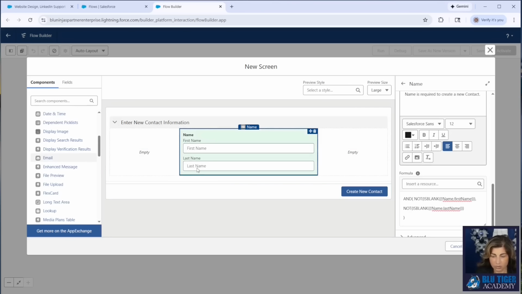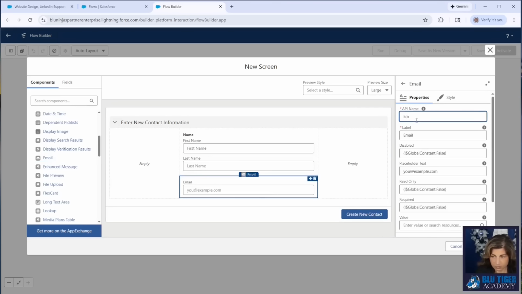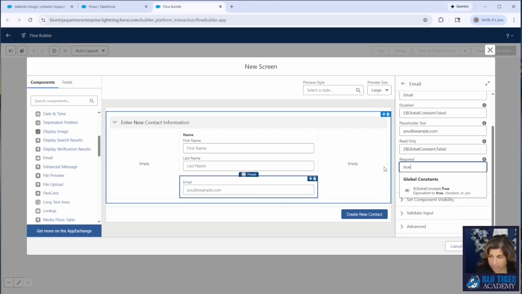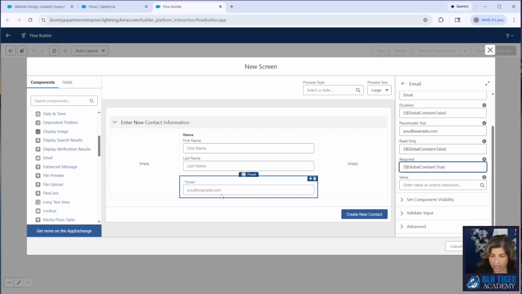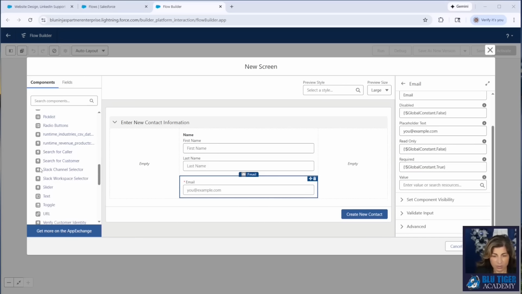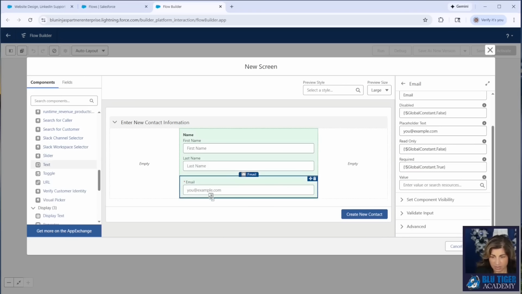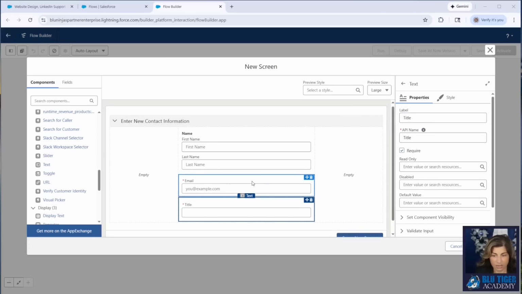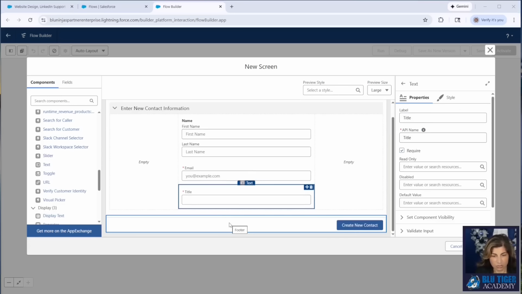Then I'm going to drop email on the page. And then I'm going to make this required. I'm not sure why they can't make name required like that. That's so nice. Then for our title, I'm going to use a text input here. I will just call this title. We'll make that required. Then I'm going to give them the option to choose of whether or not they want